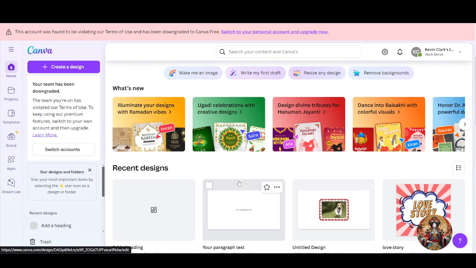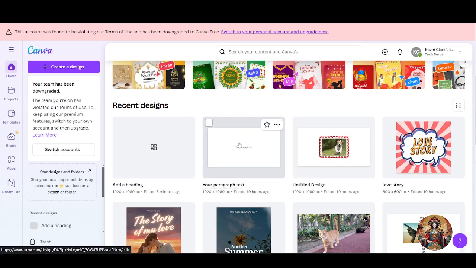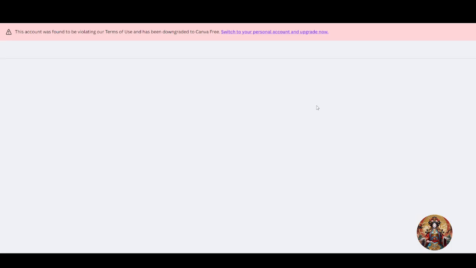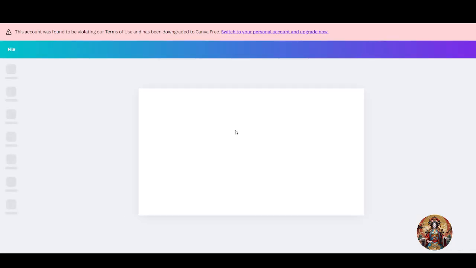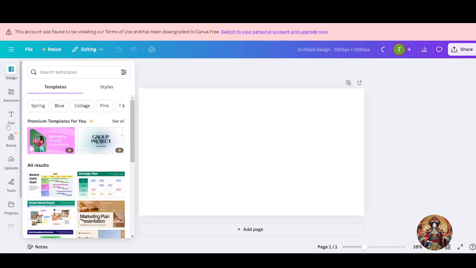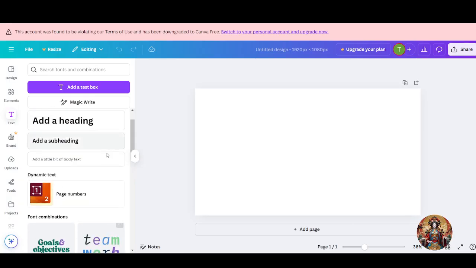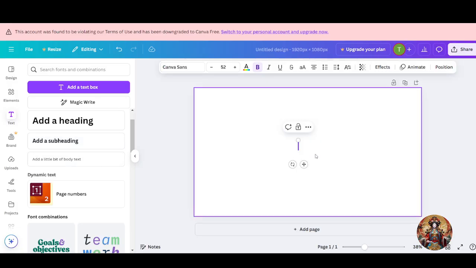If you have already created a design, you can just go to recent designs and select that. But for this tutorial, I will create a new one. Just create a new design. Now, from the text, you have to add a new text, which can be anything. For example, I will add this one. Now, give the text